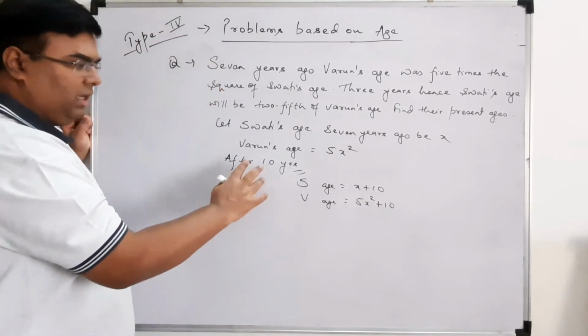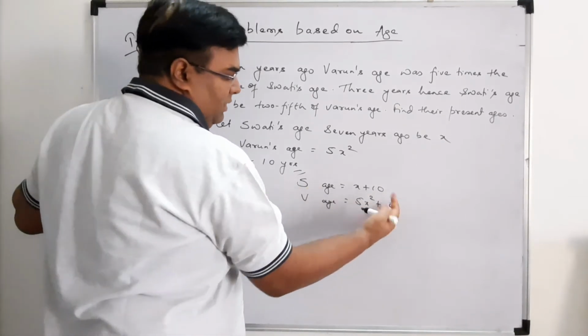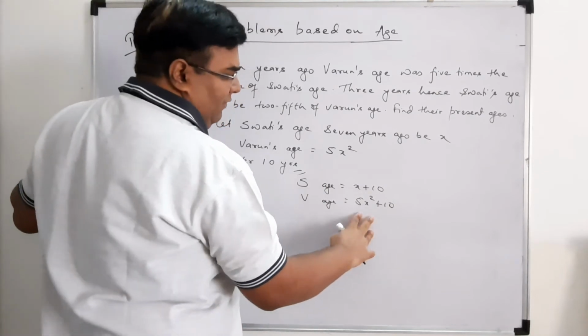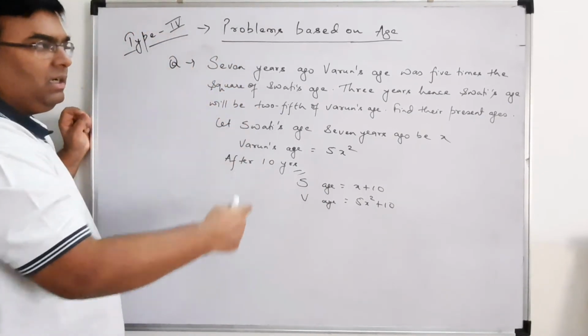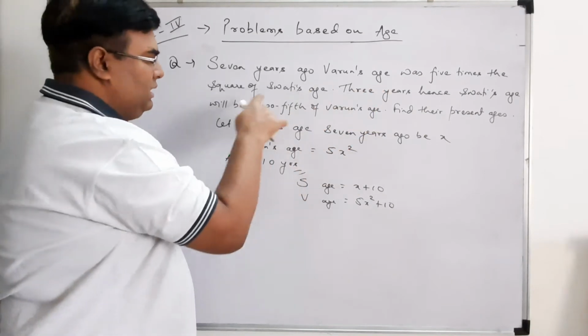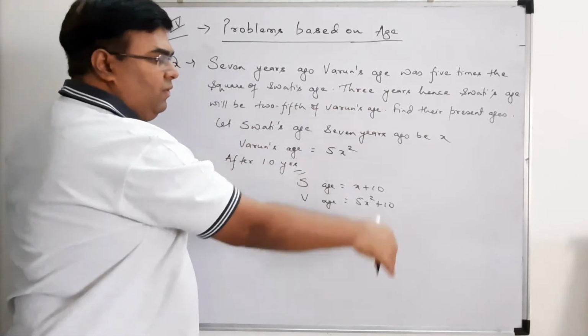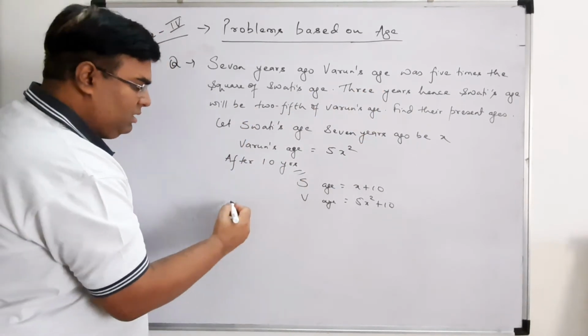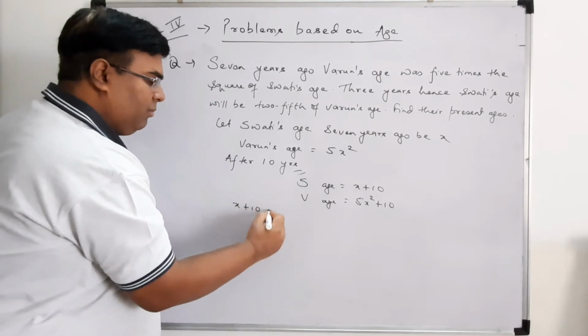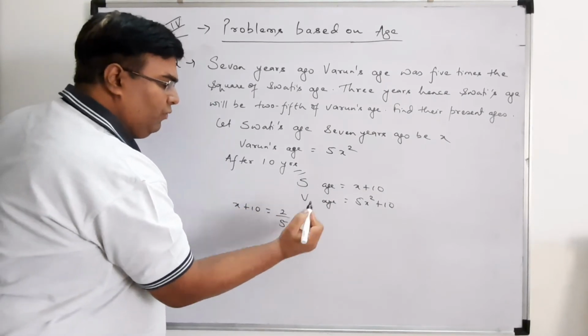So after 10 years, Swati's age will be x plus 10 and Varun's age will be 5x square plus 10, correct? And as per the condition, Swati's age will be 2/5 of Varun's age, means x plus 10 will be 2/5 of